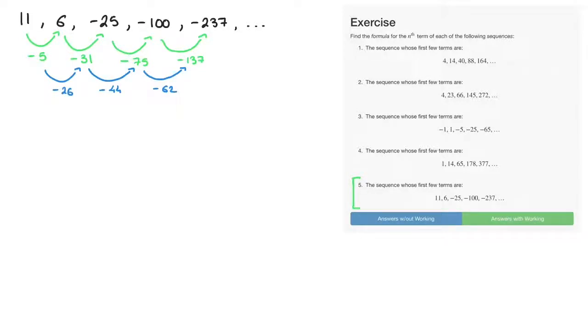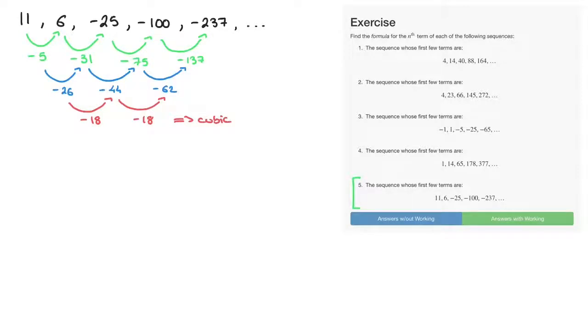The second differences are also always changing, so we go one step further and look into the third differences. Those are, from negative 26 to negative 44, we're taking away 18, so that's negative 18. And from negative 44 to negative 62, we're taking away 18 again, so that's negative 18. Since the third differences are always the same, in other words, they're constant, it means we're dealing with a cubic